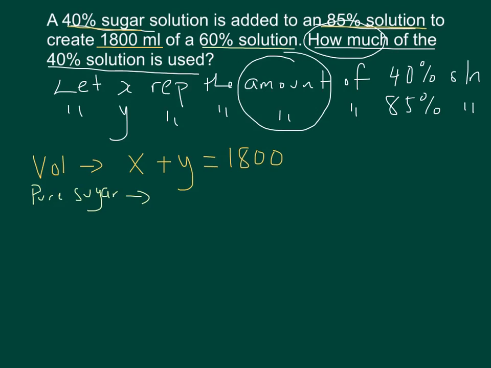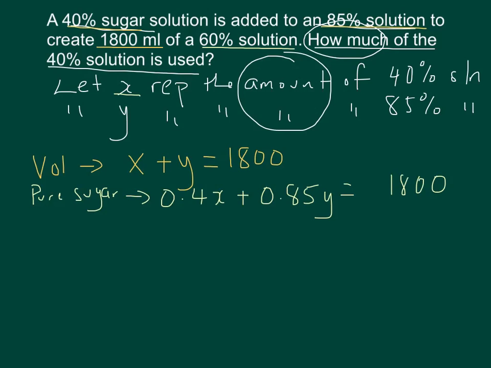In order to figure that out, the amount of the 40% solution, whatever that is, multiplied by 0.4 gives me the actual pure sugar. So 0.4 times the amount, plus, for the second, 85% of whatever the amount of y is. And that's going to give us